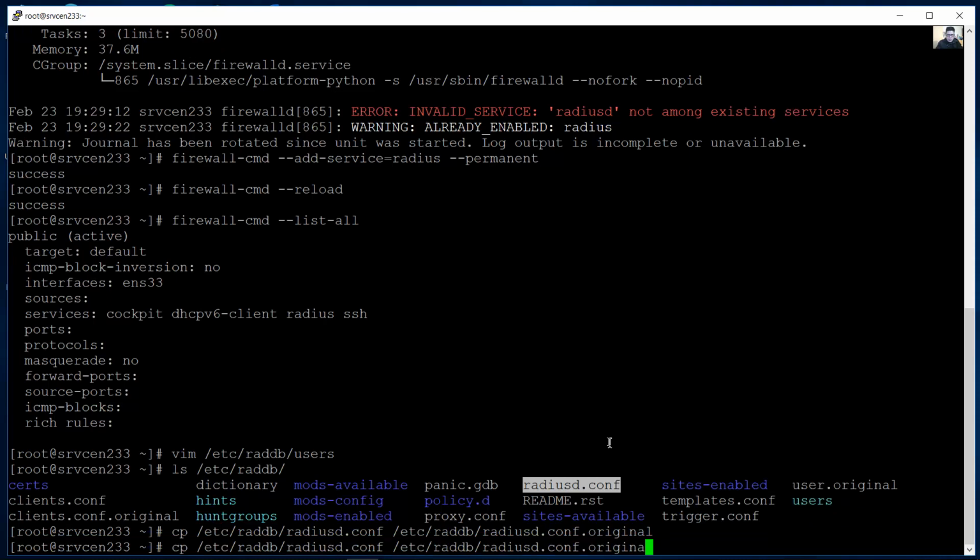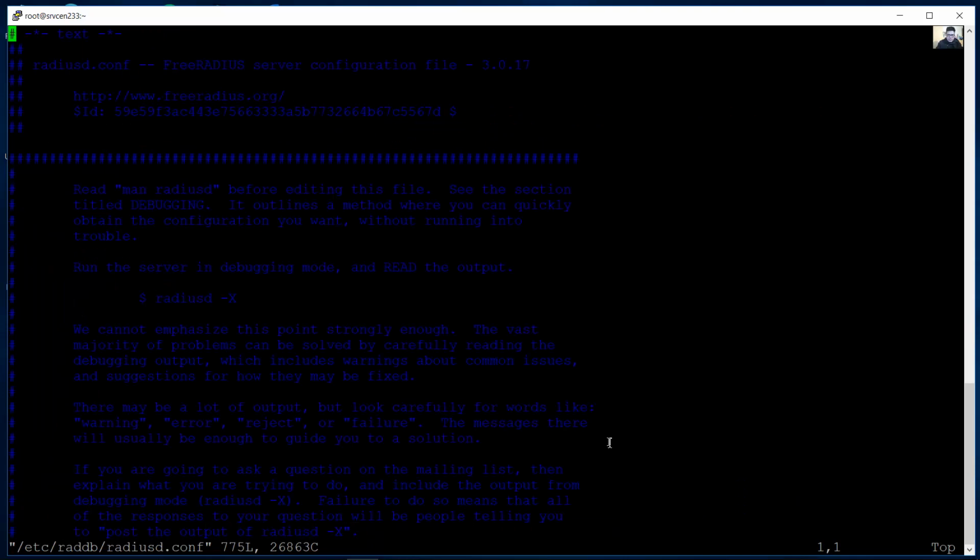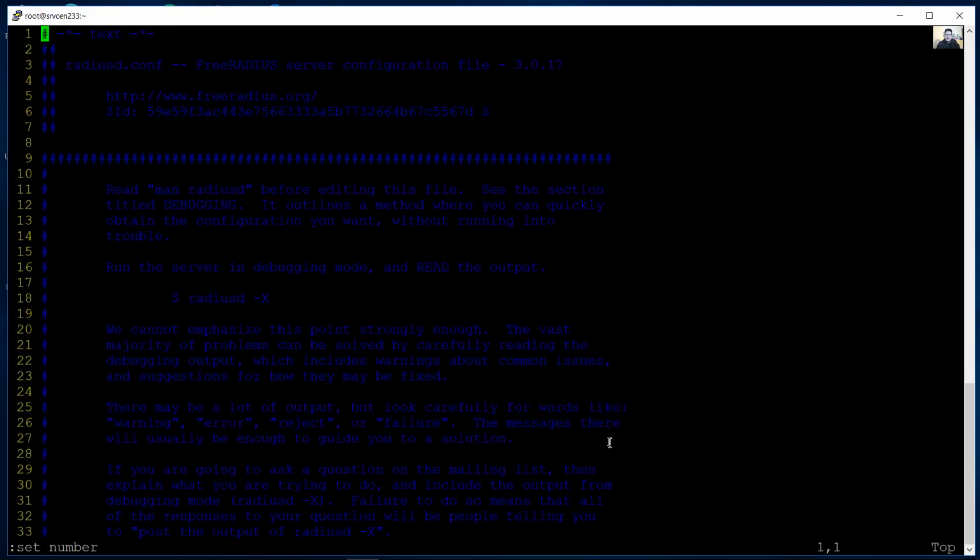The backup is created. Now I will modify the radiusd.conf file with Vim. Set number to show the number of lines. And down here,